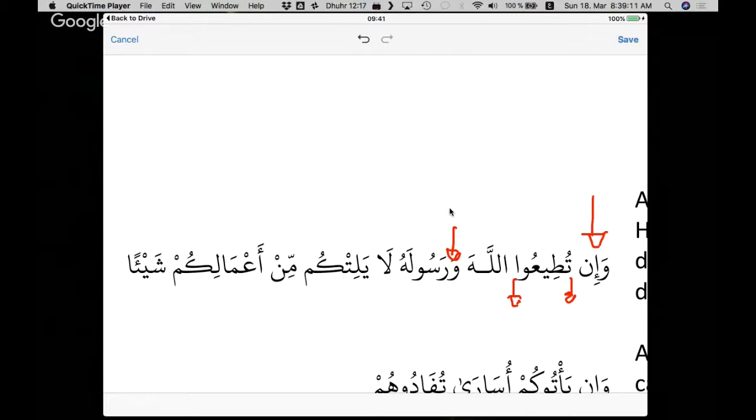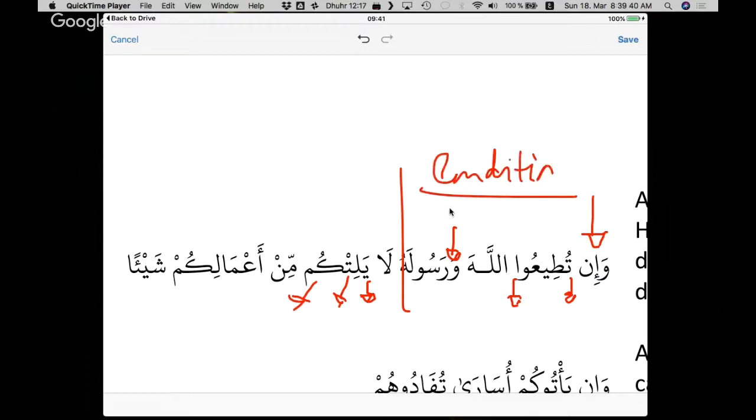Then I see la yalitkum. It looks to me like a forbidding statement, because there's a la, and there's a word starting with a ya, but it's lightest, and there's an attached pronoun to it, which is kum. So as soon as I see this lightest, I can draw a line here. Okay, fine. I think this is a condition. Wa in tuti'ullaha wa rasulahu. If you all obey Allah and His Messenger,